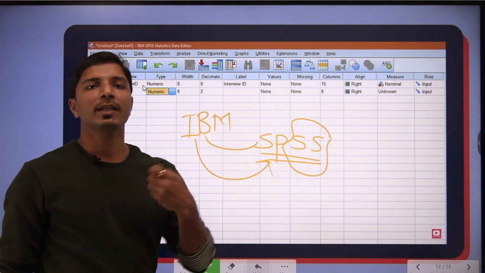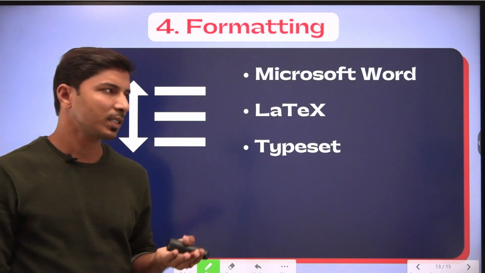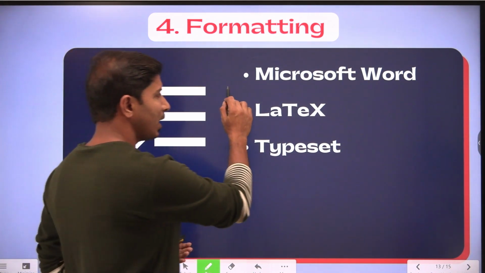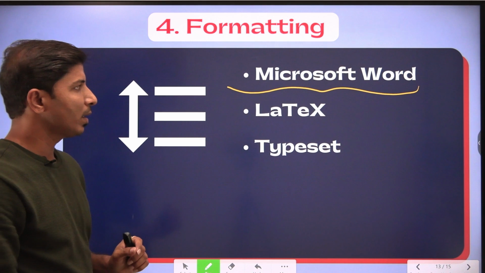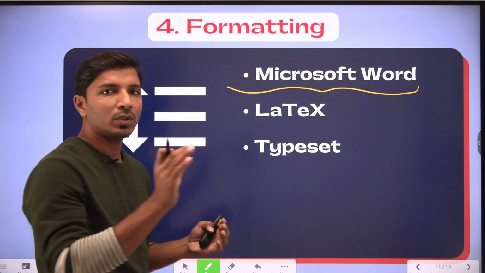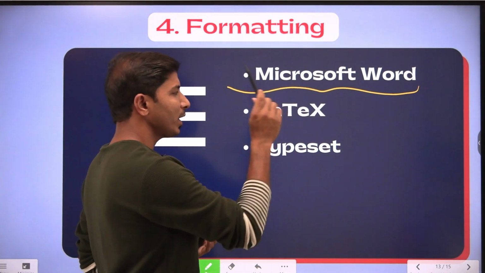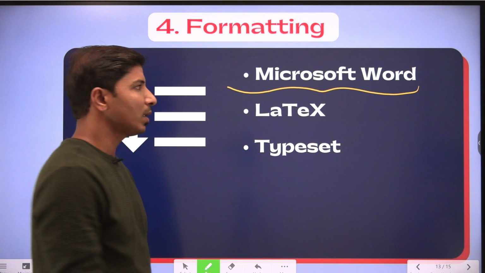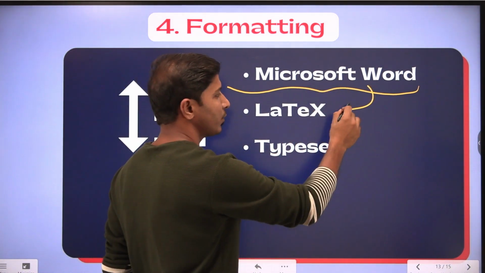And now we'll move towards the next category, which is formatting research articles, theses, dissertations, etc. We know that we use Microsoft Word to format the document. Along with Microsoft Word, whenever you go through the author guidelines for a journal, you will find that you can either submit your research article in Microsoft Word format, or use LaTeX format.